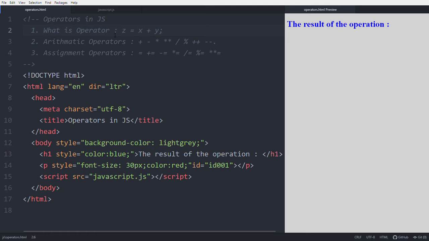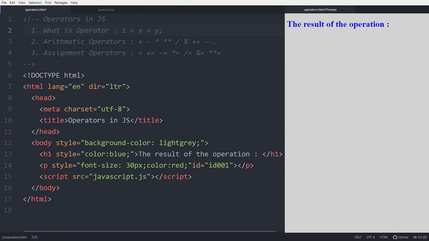What is the operator? Operator can do the mathematical and logical operations on operands or variables like this. Taking this example to get the idea about operators. In this example, x plus y is assigned to the z. Nothing but adding the two operands with the operator plus and assigning this entire value to the z operand with the equal operator. This is the arithmetic operation done by the operators like this.